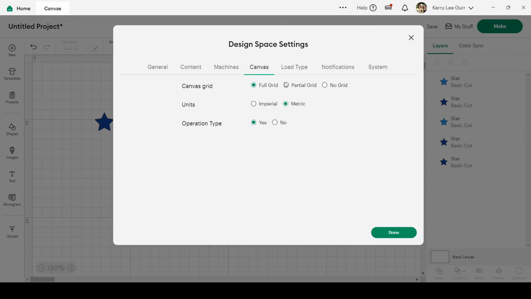Canvas, you can choose a full grid. You can choose a partial grid. As you can see on the background, it has changed to bigger blocks or no grid at all. So it's simply based on your preference. Units, you can choose imperial or metric. And then you have your load type,